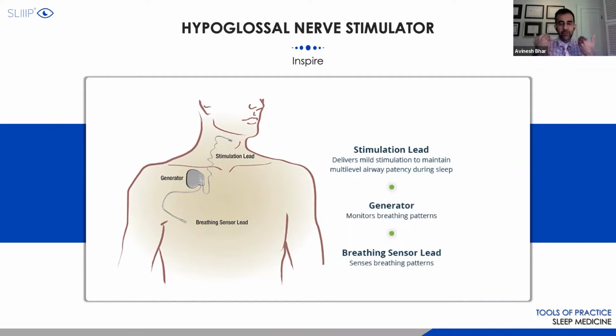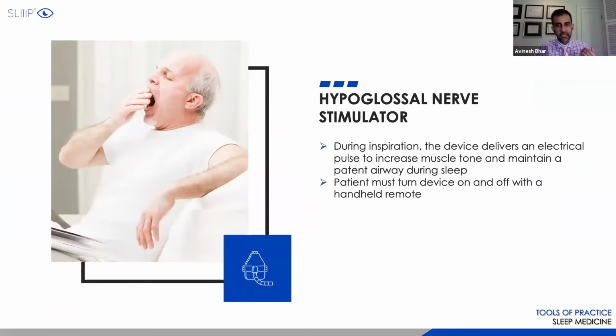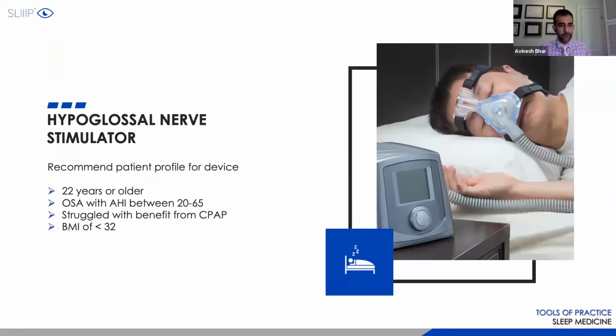But if you have lateral collapse, and that's what we're finding in some patients, even though they initially got evaluated, they were good Inspire candidates, we're finding a lot of these patients will fail it down the road because they eventually develop a lateral collapse due to weight gain, due to changes in their body habitus, and so on. Like I say, it delivers an electrical pulse to keep the tone of the tongue and the airway patent, and they actually have to switch it on and switch it off. So patients need to be comfortable with that.